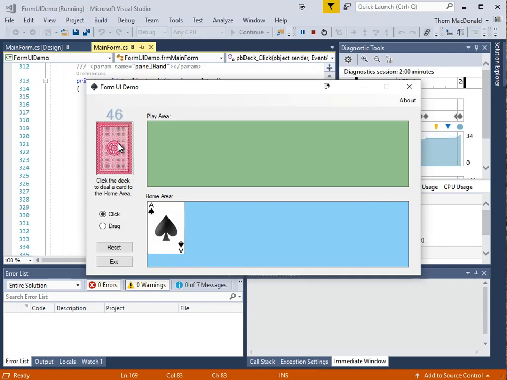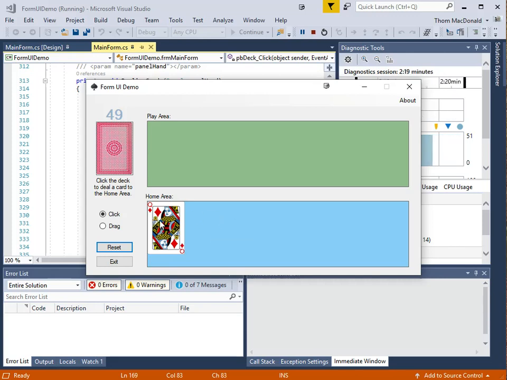So in our last video, we were able to progress our project so that when we clicked on this picture box, we were adding controls, specifically card box controls, to this panel. Now, the problem that we had, as I'm continuing to add controls here, is you can see there doesn't appear to be more than the one. If I click on reset and click again, I get a different card. Again, what's happening is the card box controls are actually appearing in the panel, but they're appearing underneath the first